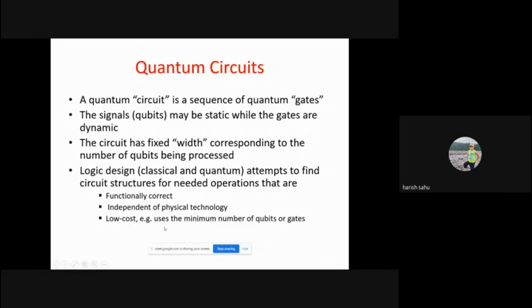So in case of classical, these things are low cost, but in case of quantum, these things are costly as of now because there are scalability issues, and these things are in research and development mode because we have small quantum computers with few qubits, but R&D is going on to have large scale universal quantum computers.